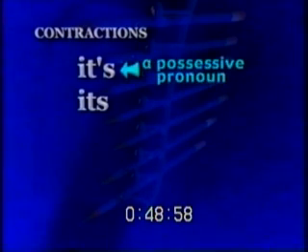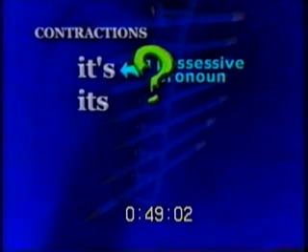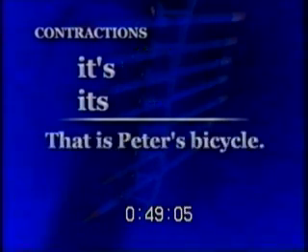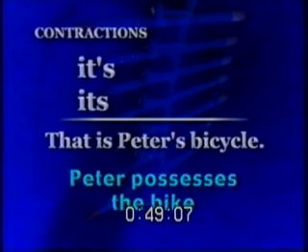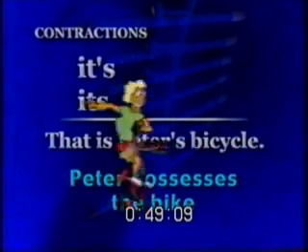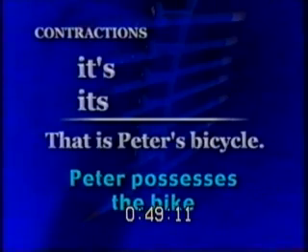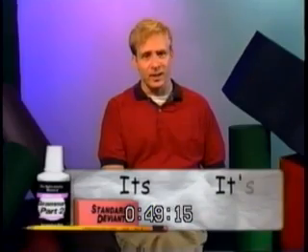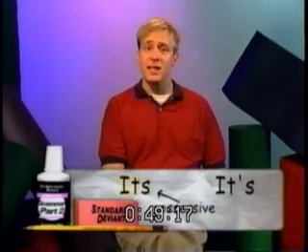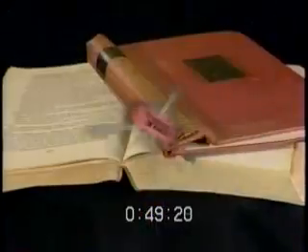If we go by what we normally think is right, it seems like it's is a possessive pronoun. That's because we might say, that is Peter's bicycle. Peter possesses the bicycle, so we slap an apostrophe-s on the end of Peter. But things are a little bit different with its and it's. The possessive it just takes an s on the end of it. So we would say, the